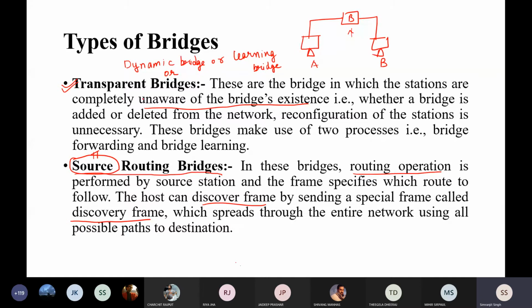So most definitely we prefer these bridges less, because if you want to send a packet, it will take a lot of time to see which particular path to follow, because you cannot decide. That is why there is another advanced device to solve this problem, that is your router.